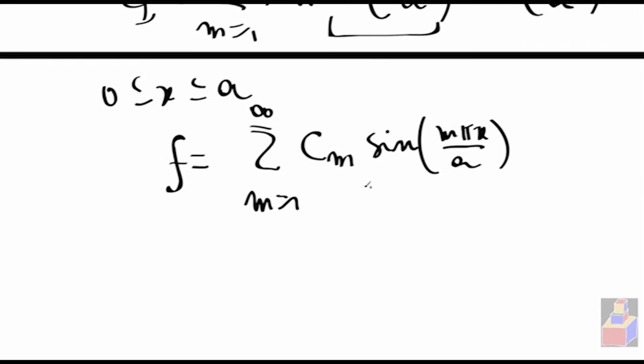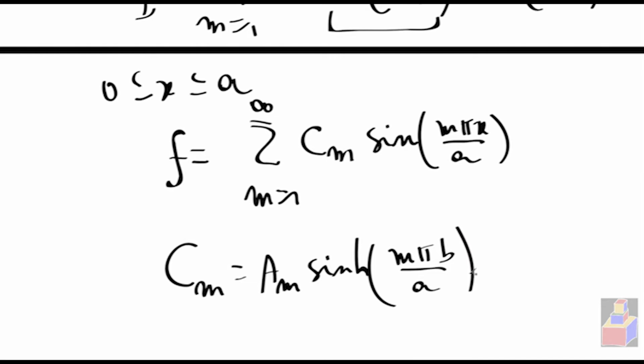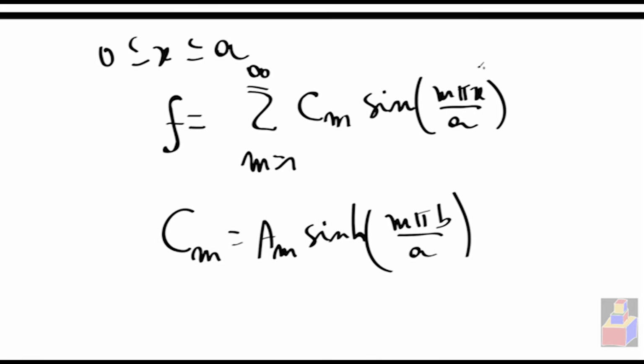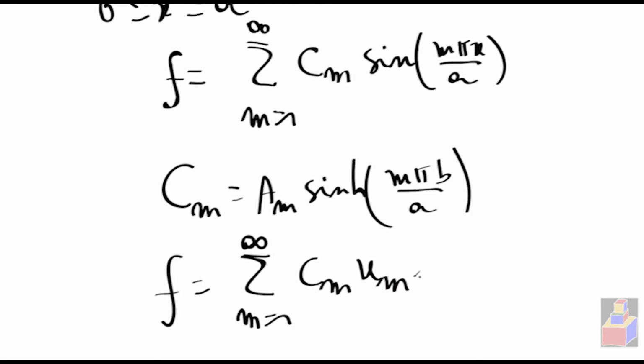Where Cm is just a constant. So Cm is just this constant here, okay? Which is an m-dependent variable. So what we have is this. F is a decomposition of Cm times Um, where Um has an